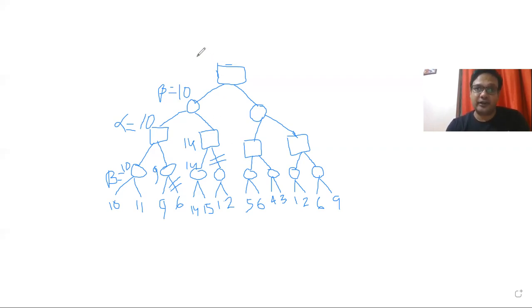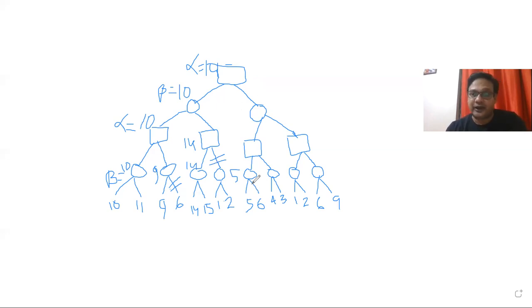Now alpha comes here. So value of alpha will be 10 here. I'm coming in this side direction, then this direction, this direction, this direction. So value of beta will be here 5, because 5 is here and 6 is here. If I compare 5 with 6, I have to check whether it's required to compare it.